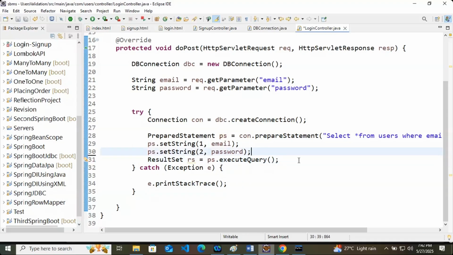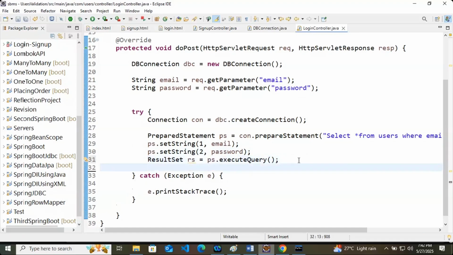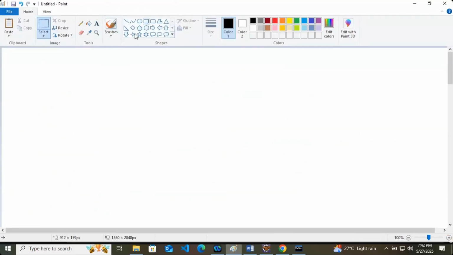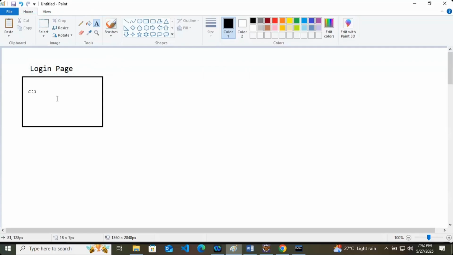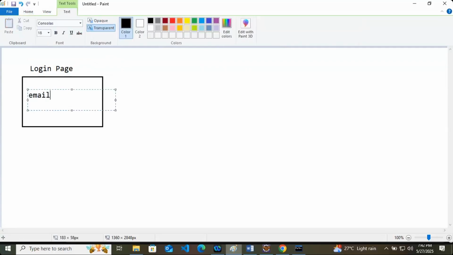If your user is available in the database, let's try to understand this flow. So there is a login page, and in this login page you are taking email and password from the user.